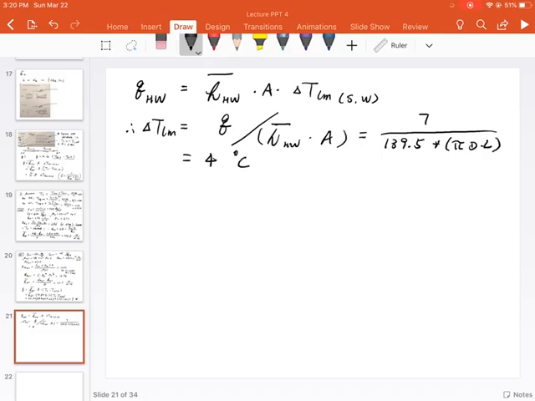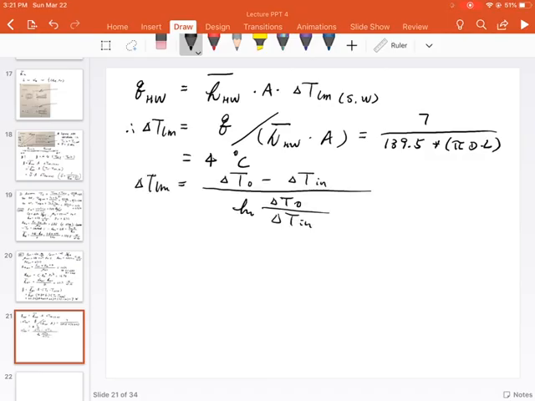The log mean equals 4C. And one thing here is, log mean also equals the inlet temperature difference